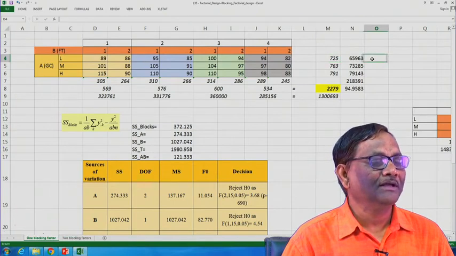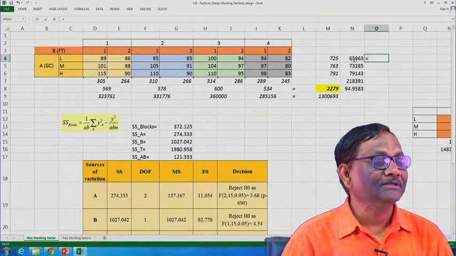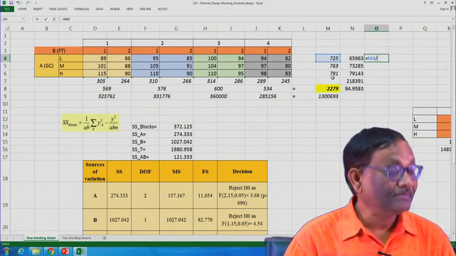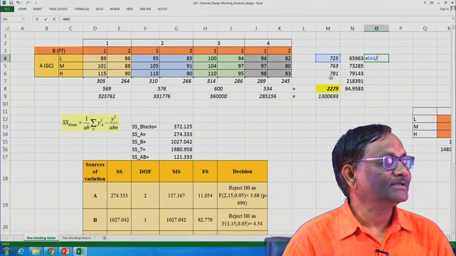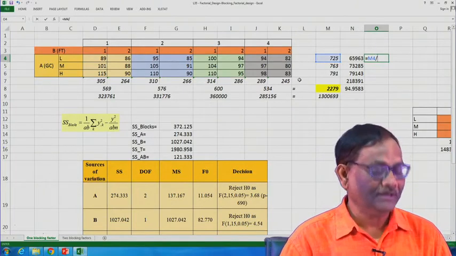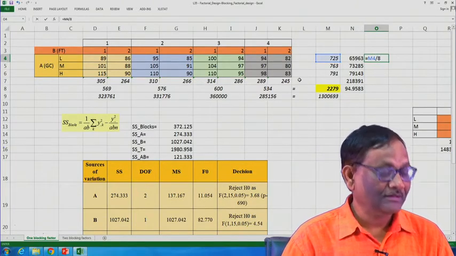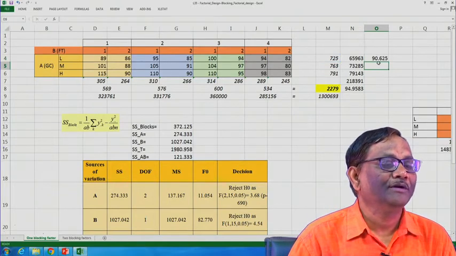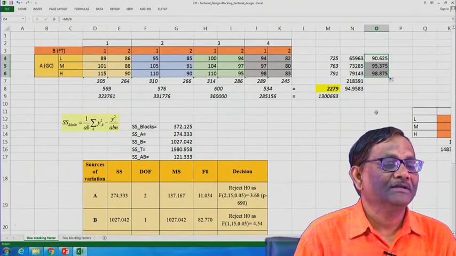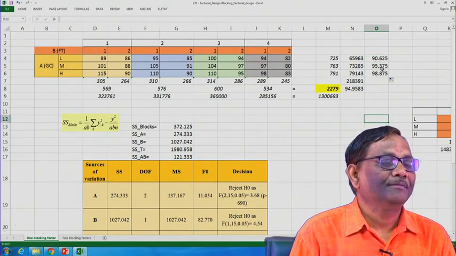Now, if you want the average, write this equal to 725 divided by how many data points are there, 1, 2, 3, 4, 5, 6, 7, 8, because 4 into 2, 8, divided by 8, this will give you 90.25. Now if I want for these 3 rows, then I click like this. So, 94, 95 and